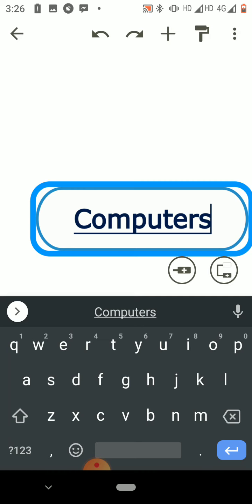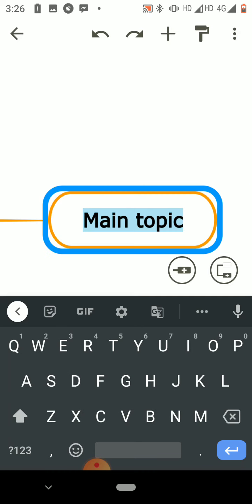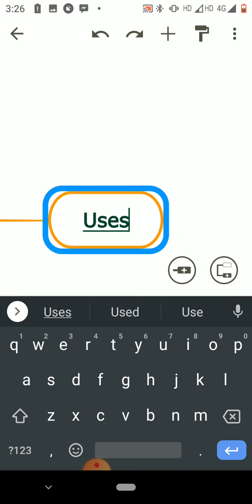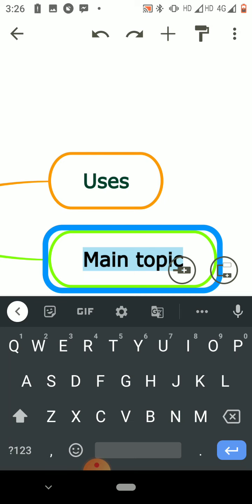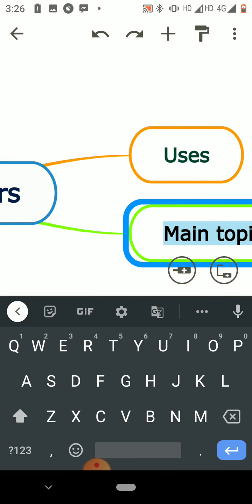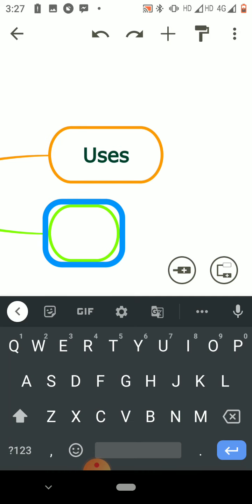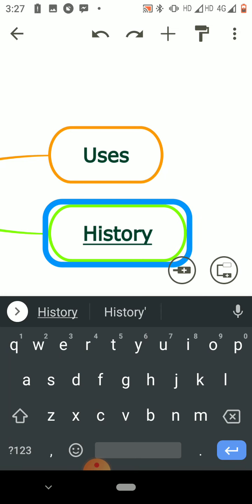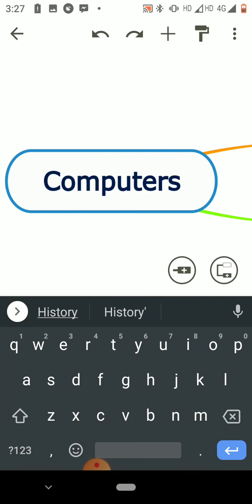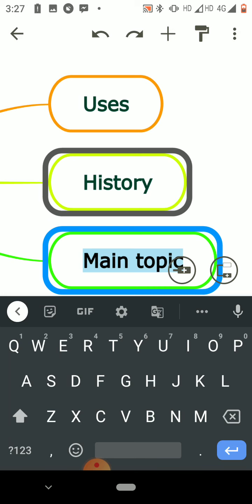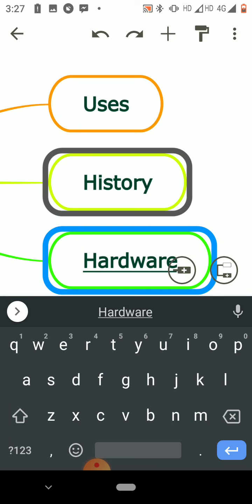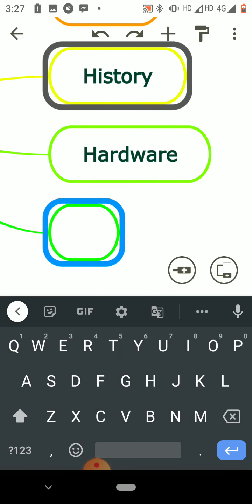Okay, here I add uses, history, hardware, purchase.